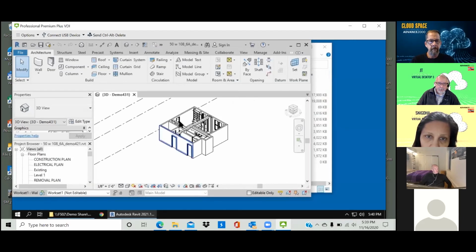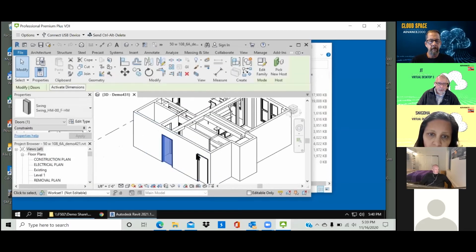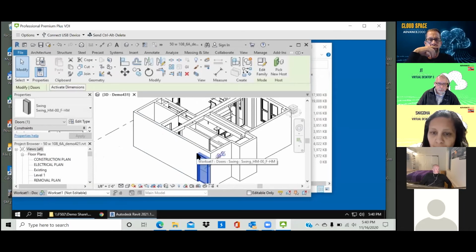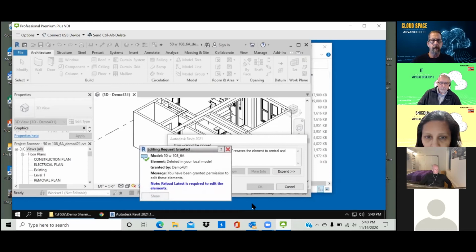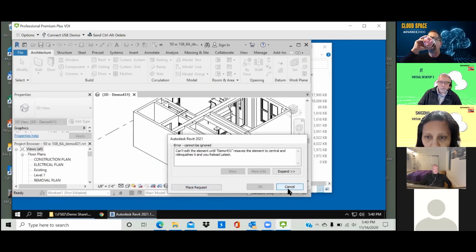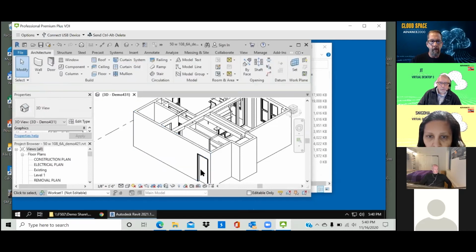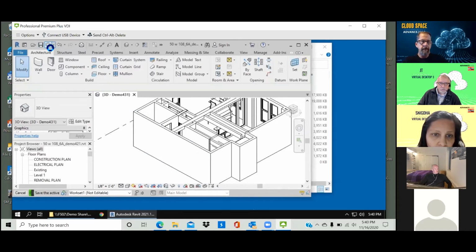So once you're in there, you zoom in. Clearly, we see my apartment, and if you were to delete that door, maybe both, yeah, you place that request. That's normal behavior. Now, what you guys cannot see is I'm getting that request right here, obviously. I grant Snigdha that editing request. There it is, been granted. You can cancel that. Go ahead and open that, delete that door, and synchronize that back